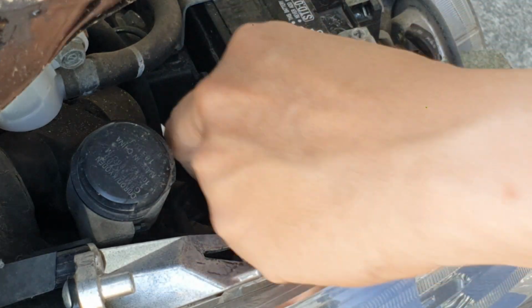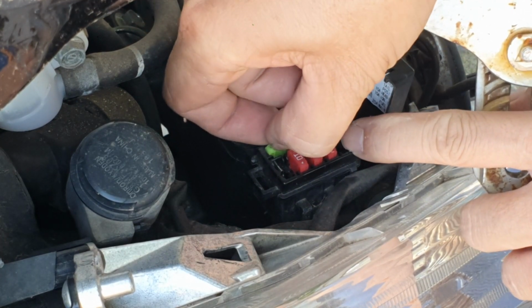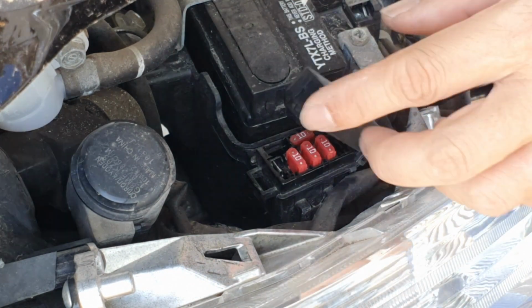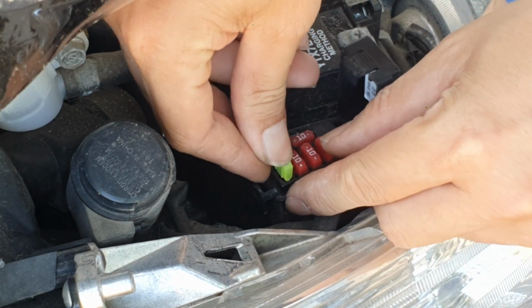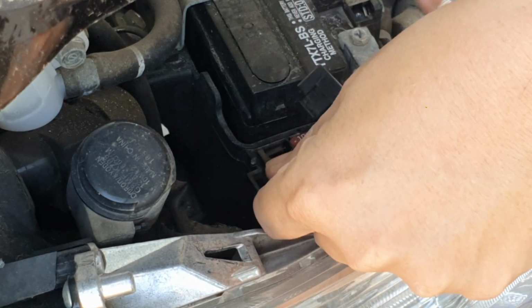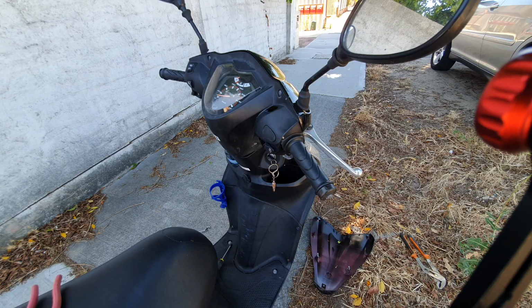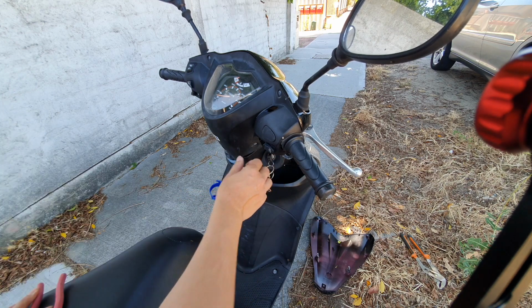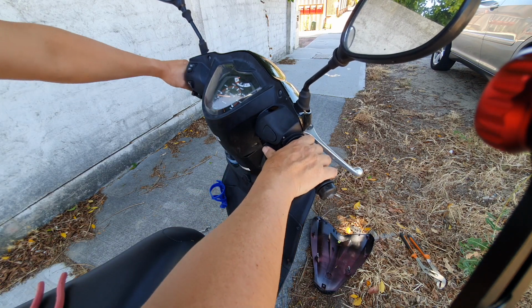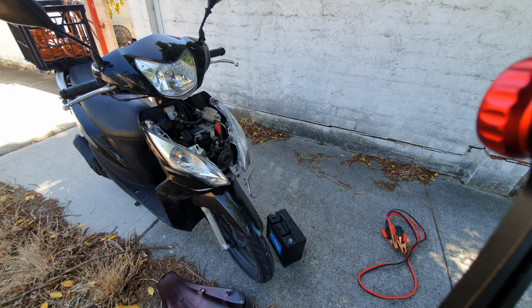Right. Okay, now let's see if the engine starts. Okay, I'm going to see if that works. Oh, let's see. Oh, nope. When you encounter a flat battery or weak battery, one good way is to obviously open it and